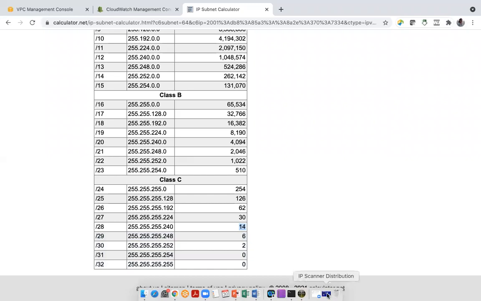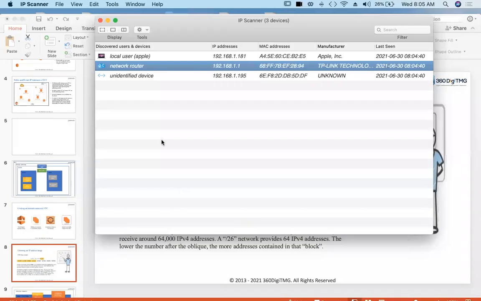Now, we don't know what this router has, but let's say it has /28. That means this router can connect a maximum of 14 devices. Only 14 addresses it can assign.